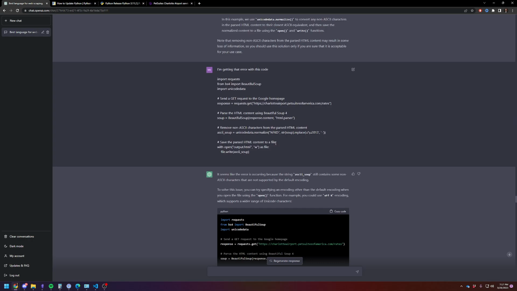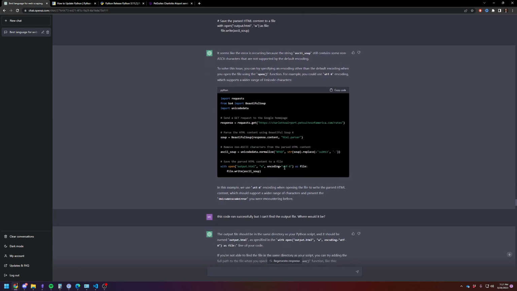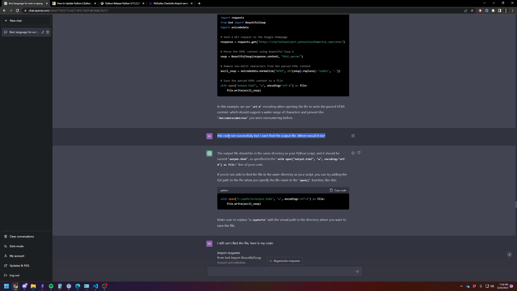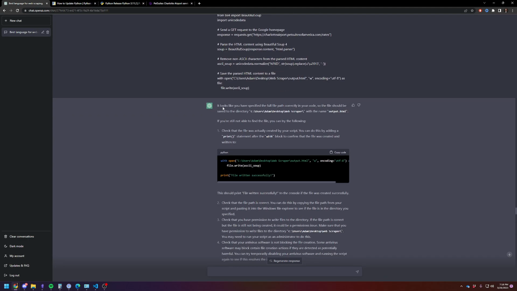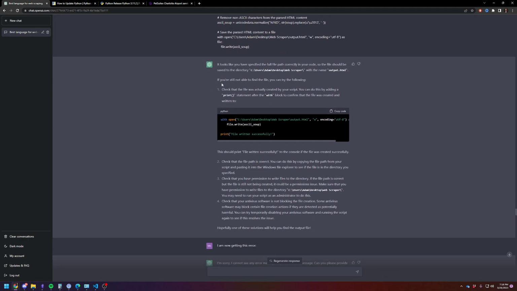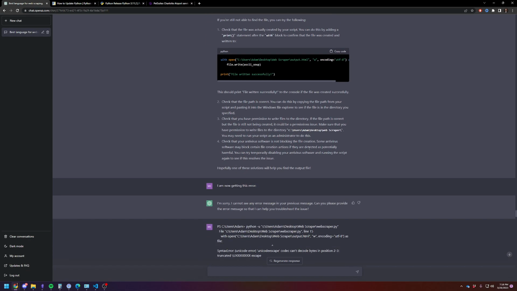And so I said, okay, I'm still getting the same error. Here's my code. And it's because I forgot to add this UTF-8 to the end of the file name. And then I ran it, no crash this time, but I couldn't find the output file. So now there's some discussions about where's the file, and it eventually told me to do the full file output, and then it also said you could add a print function to tell you if it